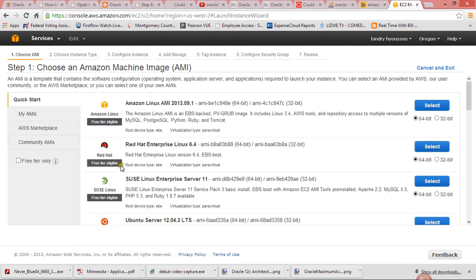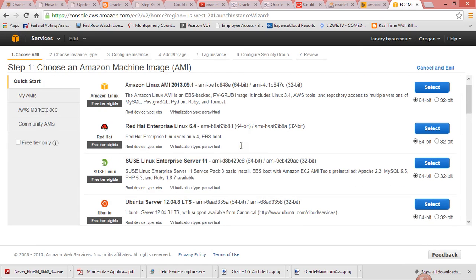And again, once you sign up for this account, this is a free account. If you don't go past a certain storage level, then you can use this Amazon service for free. But if you want to go past that storage capacity, then you have to pay Amazon for those services. First thing you do is you click on the select button for